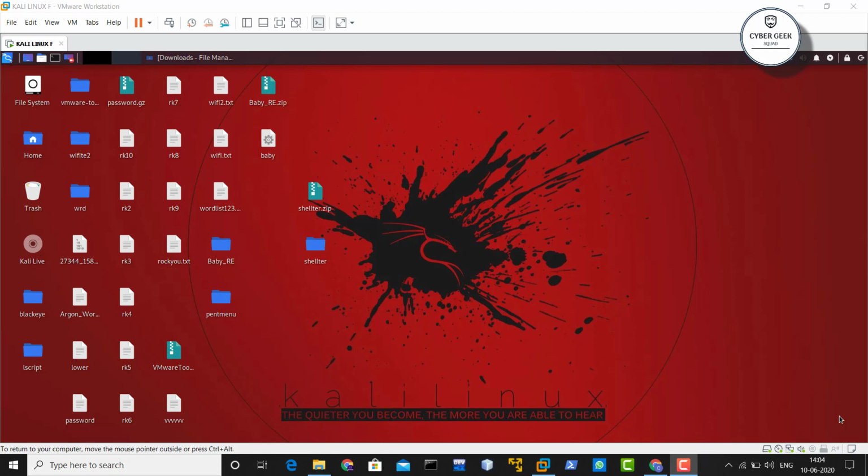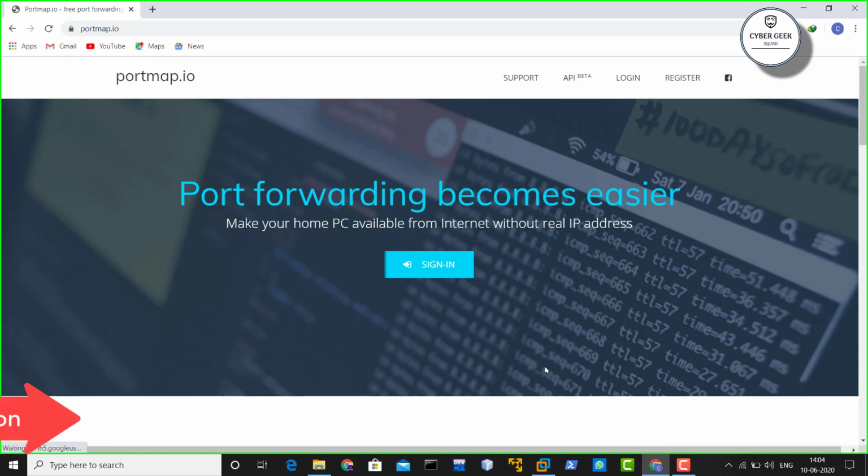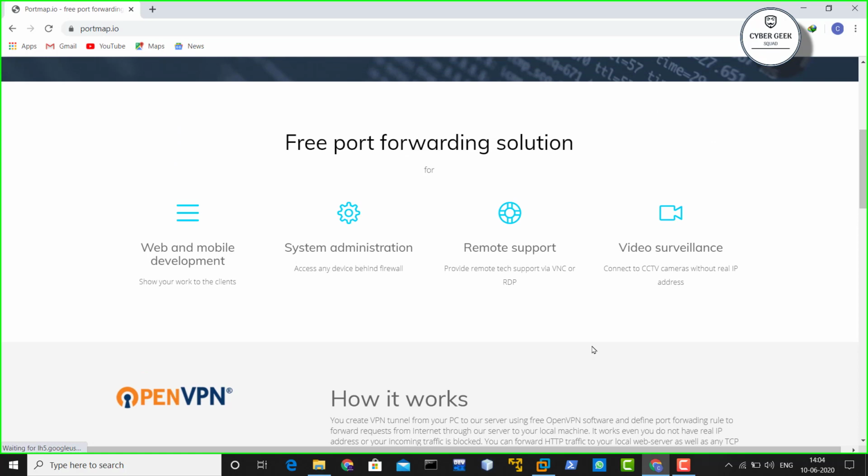So in today's port forwarding, I'm going to show you guys a very simple way. I cannot say it is a particular port forwarding which we are aiming to do, but this is done for some kind of use, like if you are having a local server on your system and you are creating a website, like I'm creating a website for teaching you guys, so that I can share those videos which I cannot share on YouTube right now. As you can see, we have web and mobile development and any kind of project stuff which you want to share with your client. You can use this website for sharing it, and you can just simply call it a free port forwarding solution.